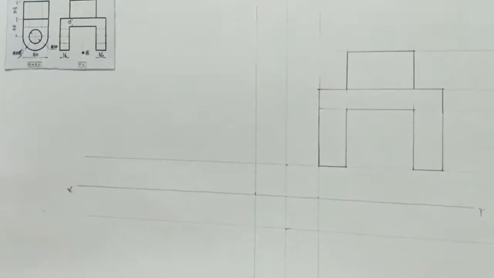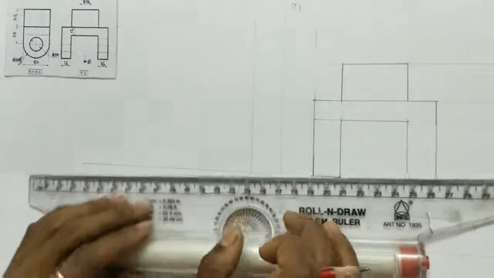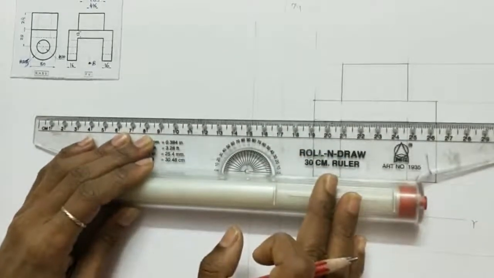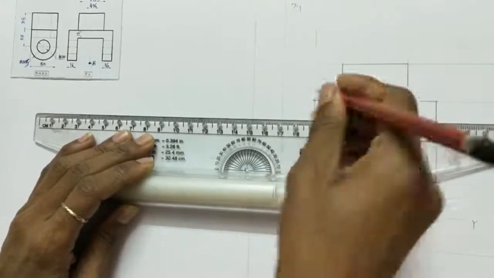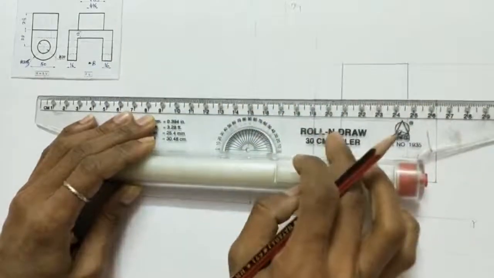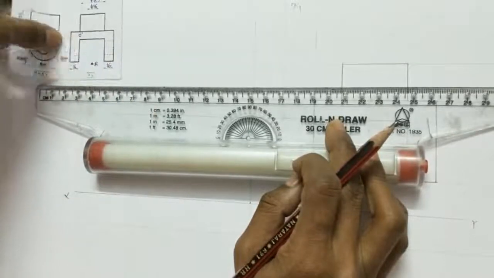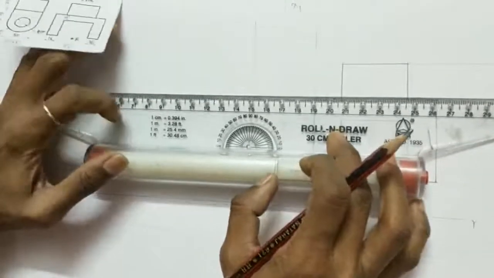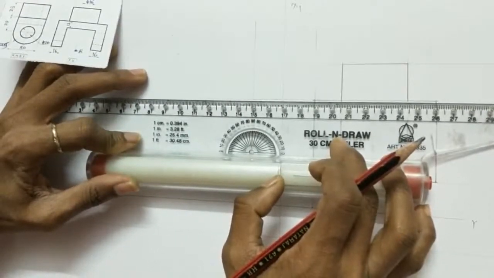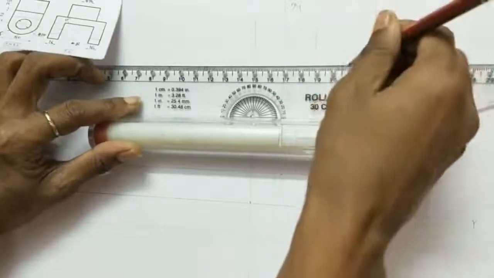Now let us move on to side view. For drawing side view, height is same as front view. Take projections of front view. You can take projection like this.